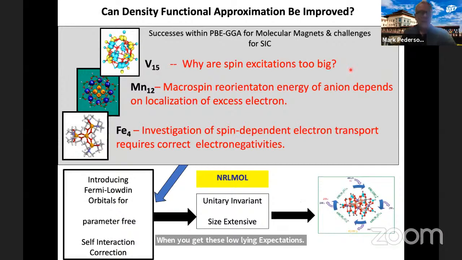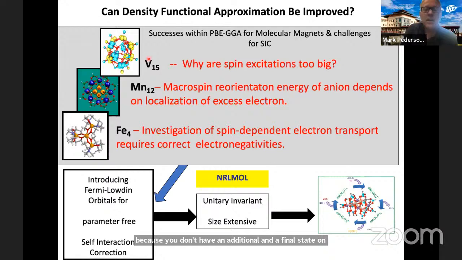So with that, I just want to point out that in the field of molecular magnetism, this problem that we often correct from Hubbard-U approximations occurs in different ways. It overestimates spin excitations. It causes problems when you get the wrong charge transfer between the substrate and the active magnet. And it also affects spin-dependent electron transport because you don't have an initial and a final state due to this